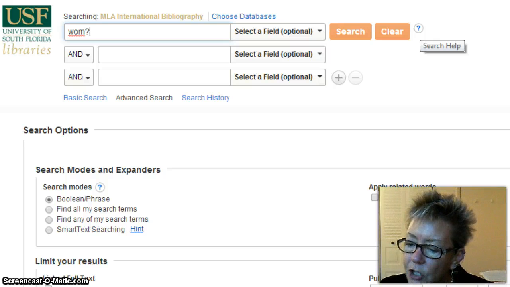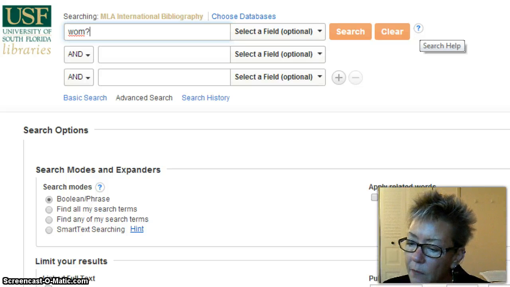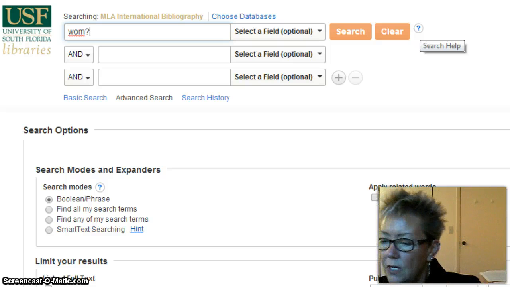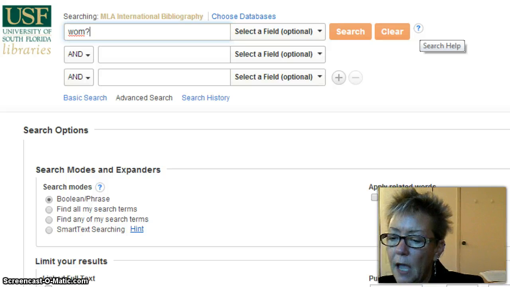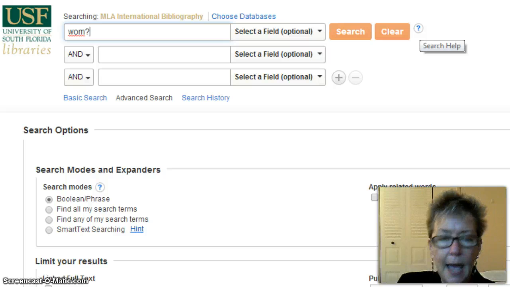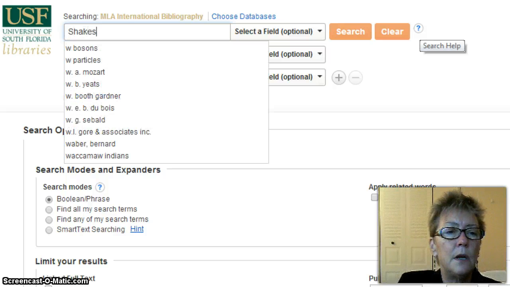Okay, I've shown you the toolbars. I've shown you how to access the MLA directory of periodicals to find out information about a periodical. Now let me show you a little bit more using a very specific search. We're going to be reading in drama William Shakespeare's Hamlet. So I'm going to type in Shakespeare,